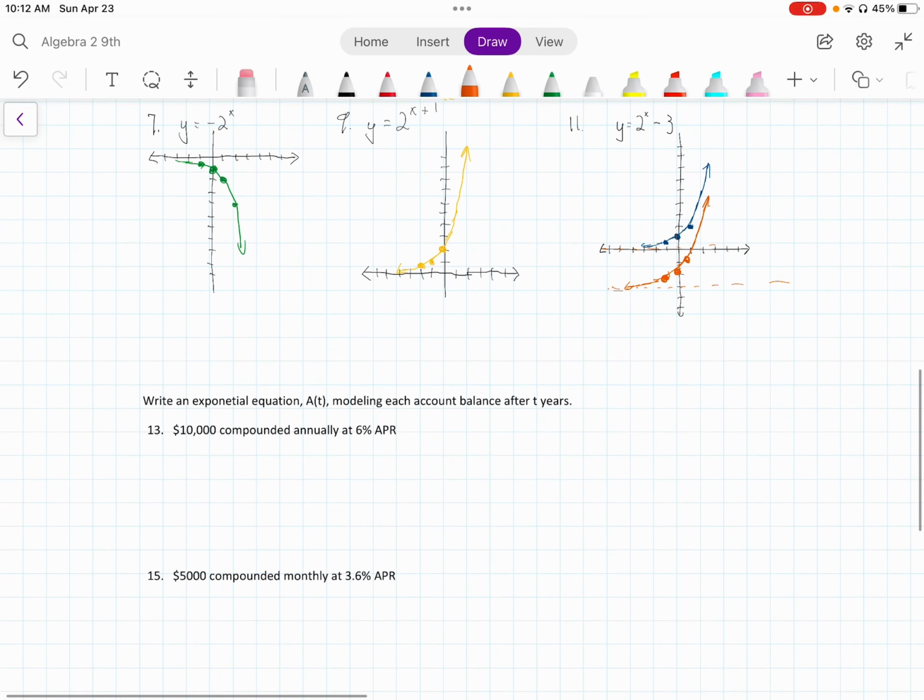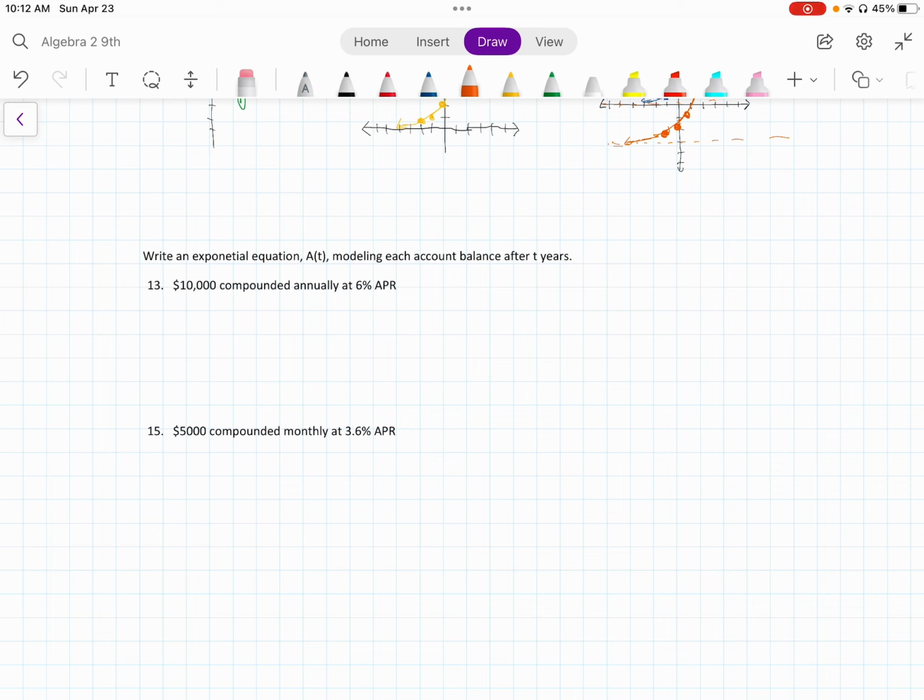All right, 13 and 15 says write an exponential equation, A of t, modeling each account balance after t years. Well, this is exponential growth. It's compound interest. So we learned that for compound interest, the amount after t years is equal to your original amount. So we say A sub 0. Sometimes we just call this principal,